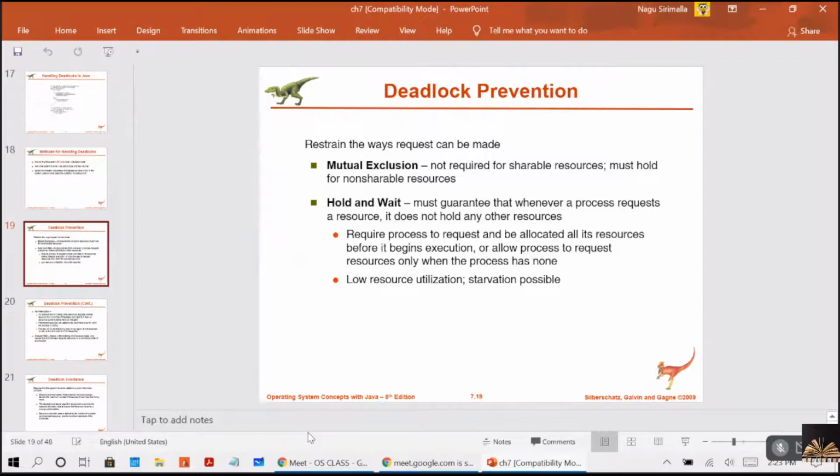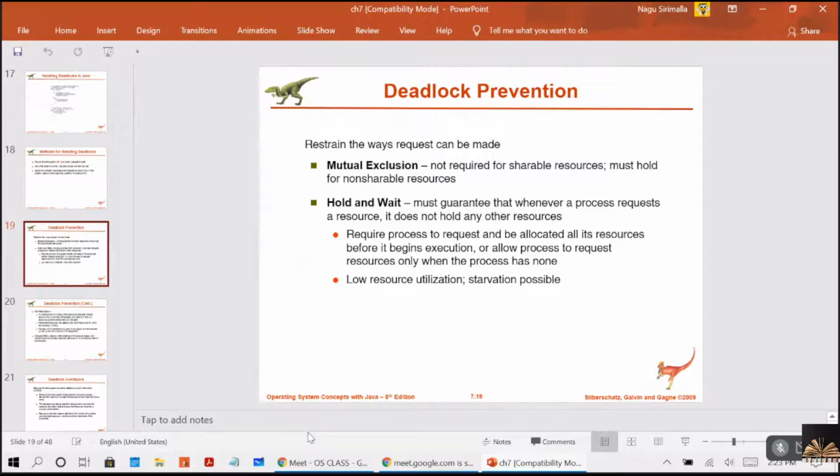You are getting me? So these are the two conditions. One is at the beginning only we will give the resources. The second protocol is, whenever any process wants to request any resources, first of all, it should not hold any of the resources. Then, instead of getting all the resources at a time, it can request a set of resources. It will use those, then release them, and again request the next set of resources.